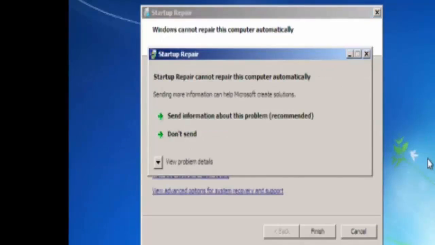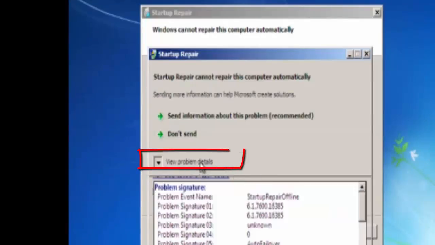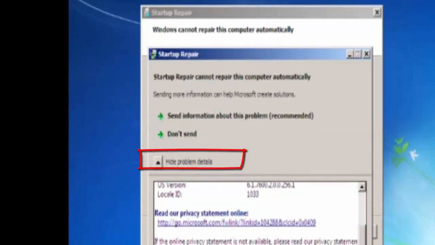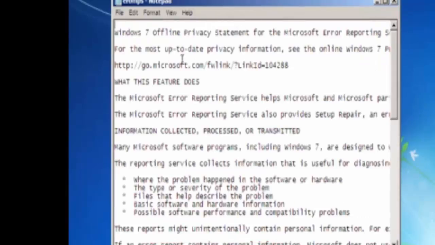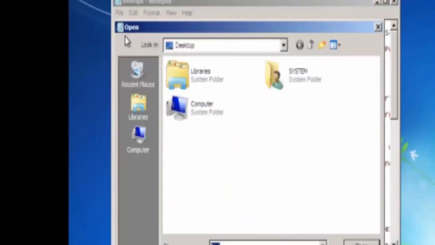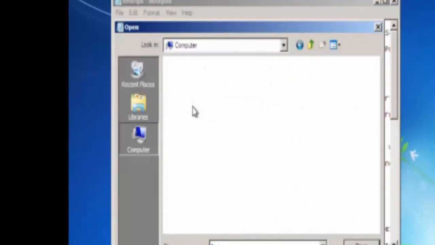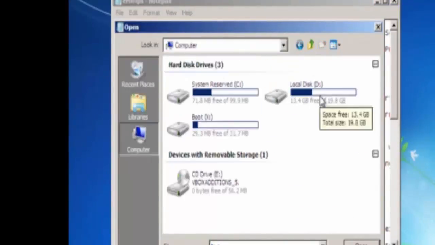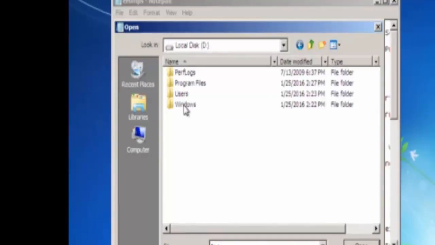And after probably 10 or 15 minutes, you should see a screen here pop up that says that the computer cannot be repaired automatically. Once you see this screen, we're going to go ahead and click View Problem Details. Scroll down to the bottom and click this bottom link here, which will open a Notepad document. We're going to go ahead and go to File, Open, Computer, Local Disk, Windows,